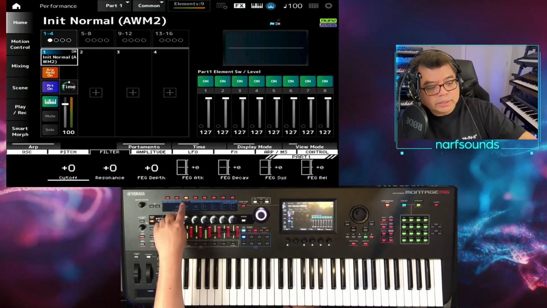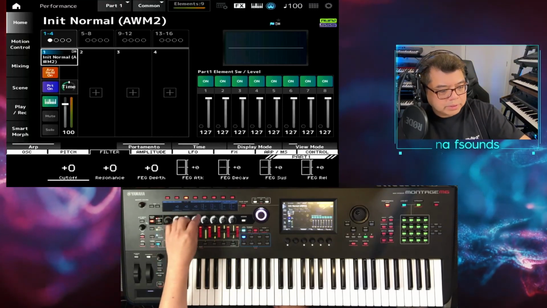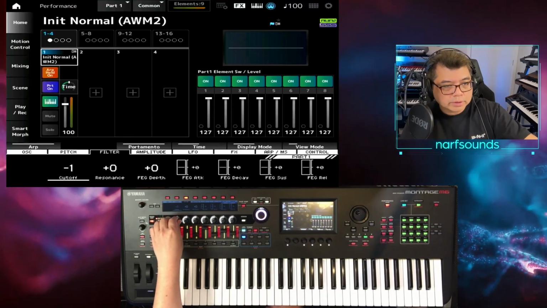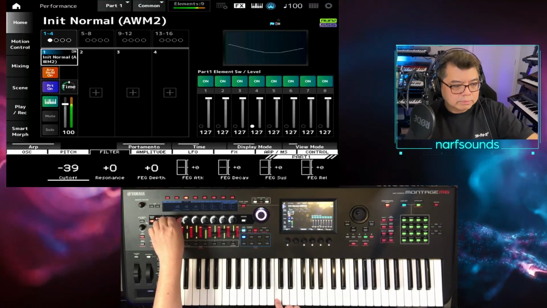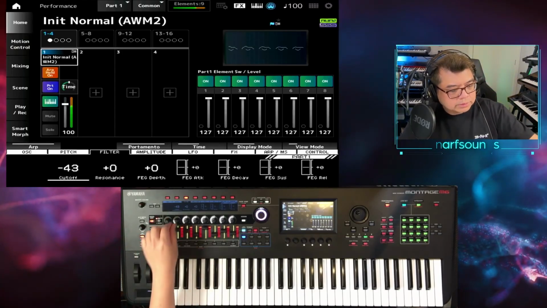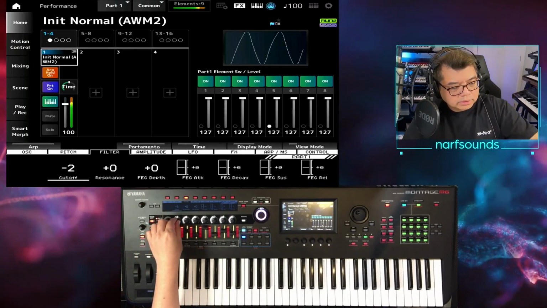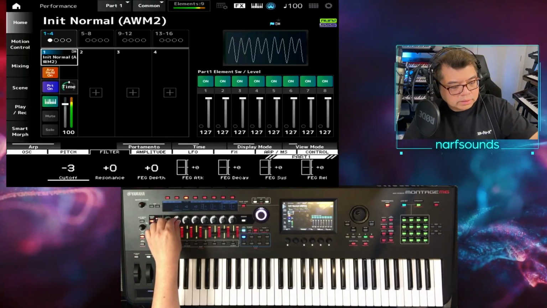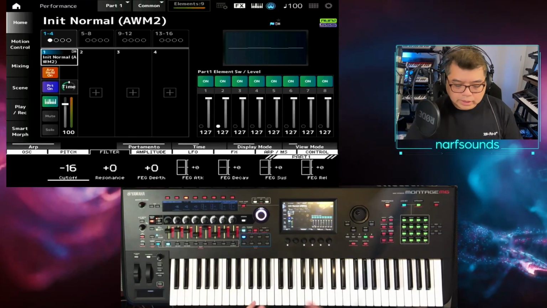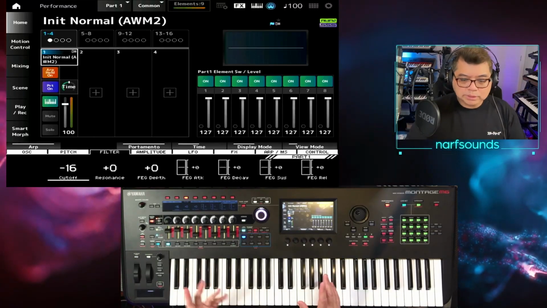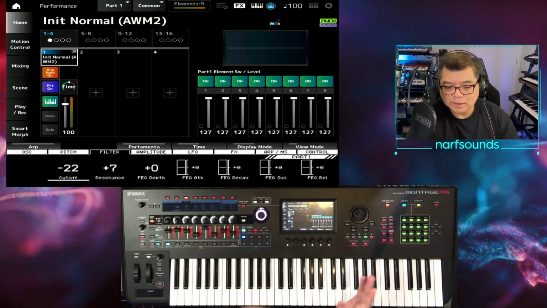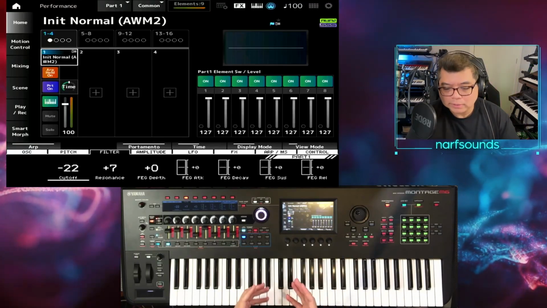What I can do as well is change the settings up here. So I can go to the filter page and play around with a cutoff. So as that plays back, I can just play around with this. Or shut that off and just play along to it using any key. And there you go. That's how to create the Ain't No Body intro pattern using the cycle feature of the